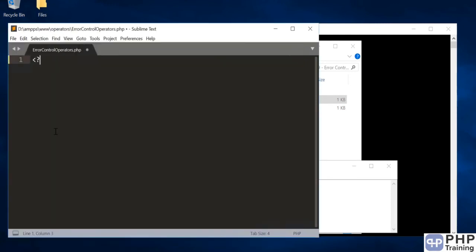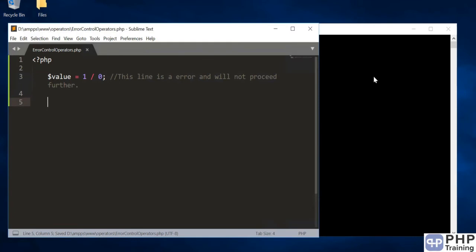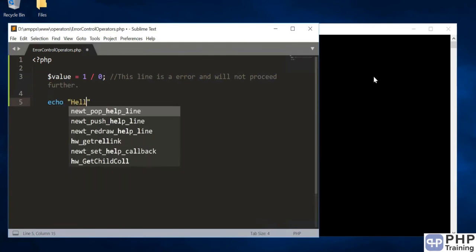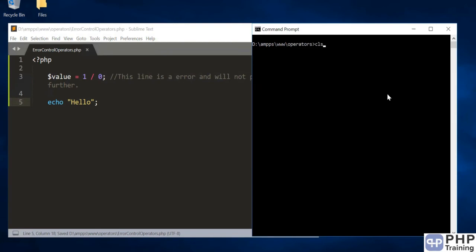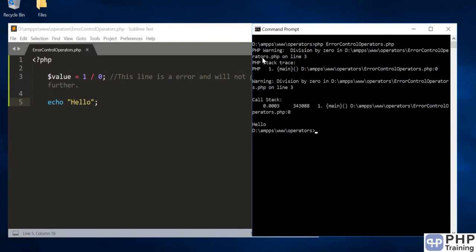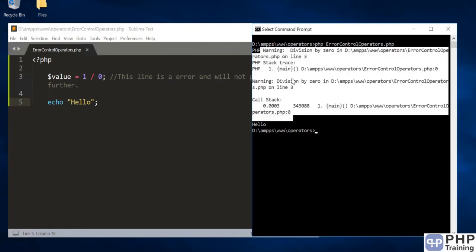So I'm creating that file. So how to raise an error? You can always raise an error by dividing by 0, and this line is an error and will not proceed further. Okay, so let's look into this. If I say echo hello, so that's basically an error here, and you want to